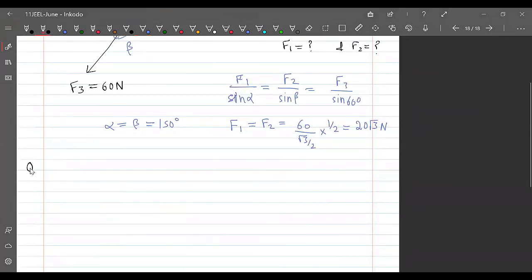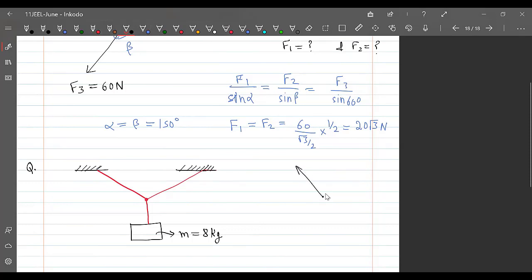Now, applying it to actual questions from Newton's law, questions can be arranged like this. Suppose there is a block. Let us say the mass is 8 kg and it is attached to a rope using two ropes. So three different ropes are there, not a single rope. These are three different ropes. So the tensions in all three will be different. So you can make an FBD,